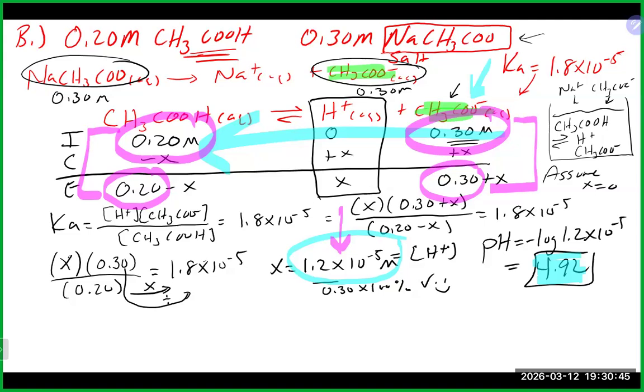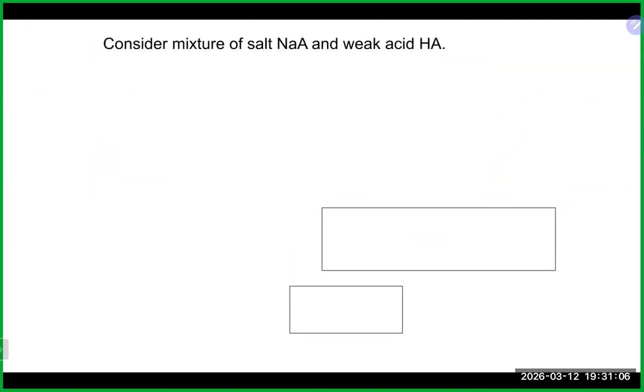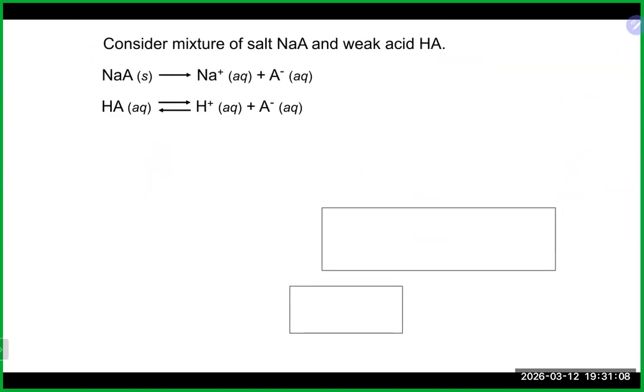It did not change very much. In this case, it only changed by 1.2 times 10 to the minus 5, or 0.00001 molarity, basically, right? So there wasn't a giant change from beginning to end because, again, the equilibrium is pushing back to the left and keeping everybody together. So the good news is, when you have a common ion situation, which again is really a buffer situation,